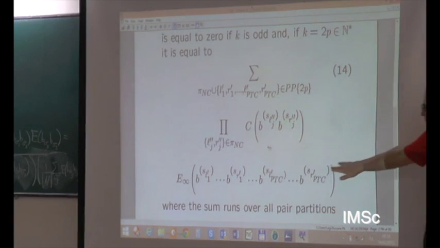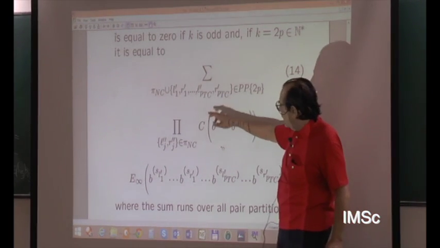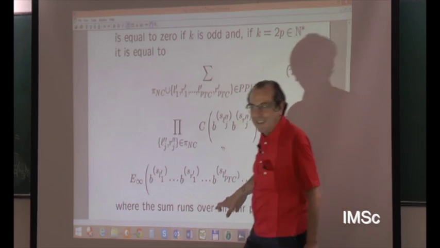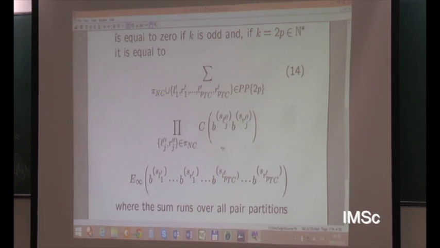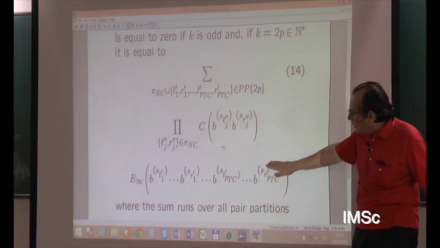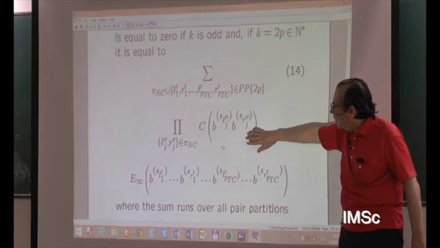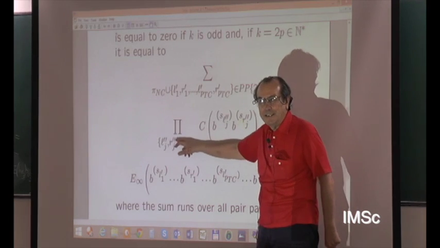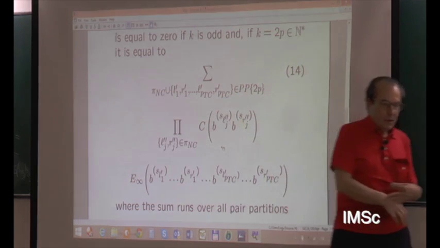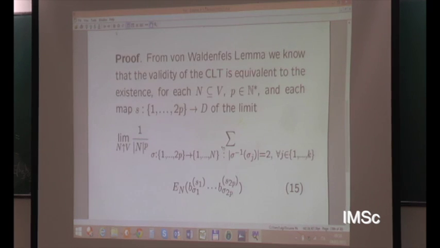So, if this condition is true, only when here I have P non-crossing, and TC means totally crossing. Totally crossing are those of this form, okay? So I am now under the per partition freeness assumption on the expectation value. Whenever there is a non-empty totally crossing part, you have zero. So only non-crossing remain. And if you have only non-crossing, what we have done is that we have proved